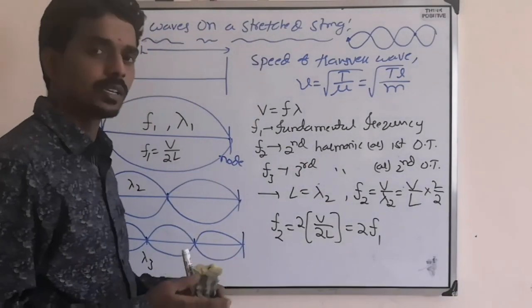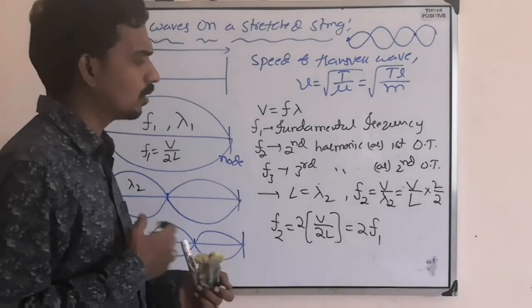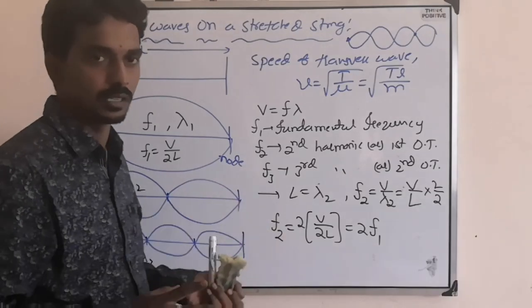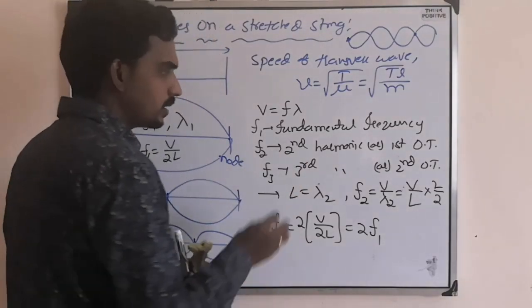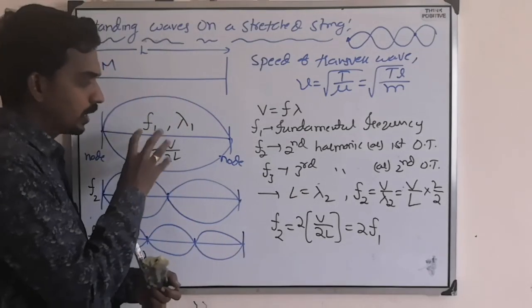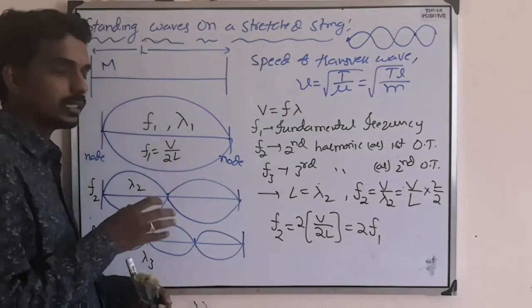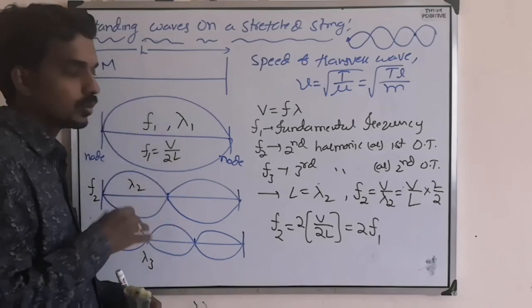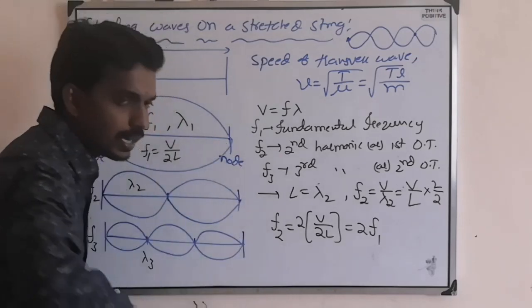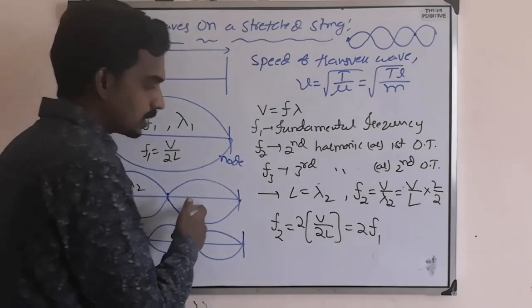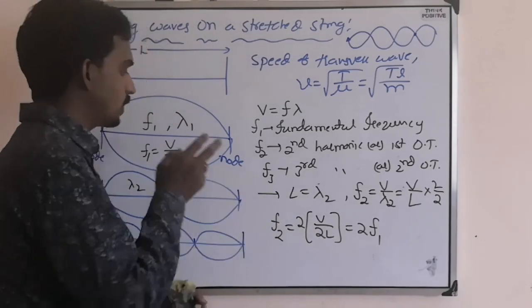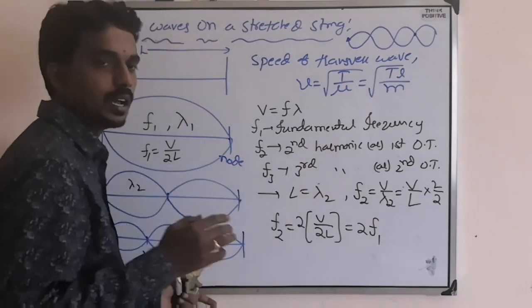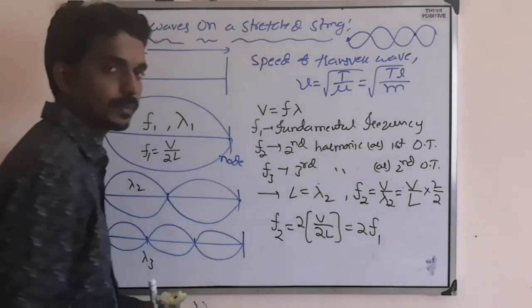In music language we use harmonics, octave and so on, but we don't want to go in depth on that. We are not going to become musicians. So here, just understand the notes: one note, next two notes, three notes like that. Here one wave, next two waves, next three, and so on. That's why the frequency keeps on increasing. So the second possible frequency is 2 times that of the initial one. That's why it is called the second harmonic, also called the first overtone.